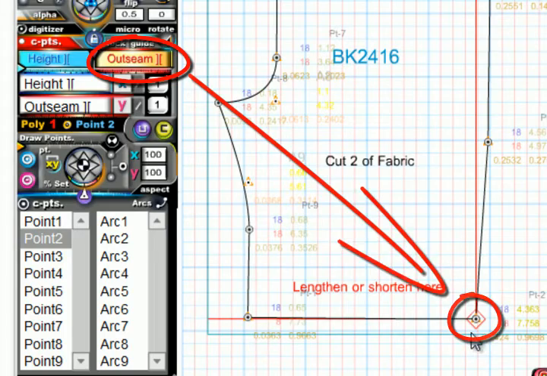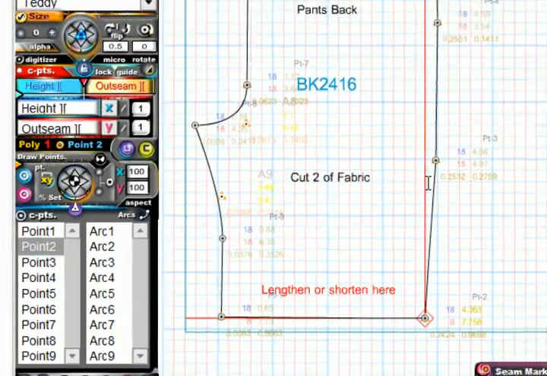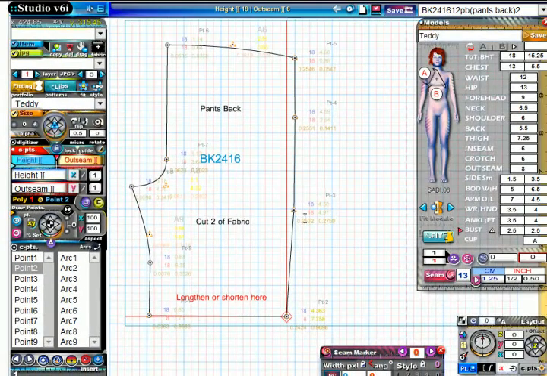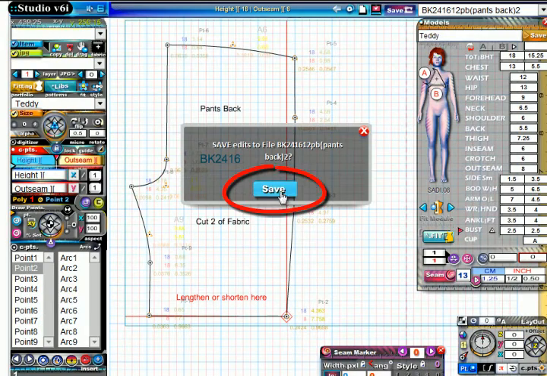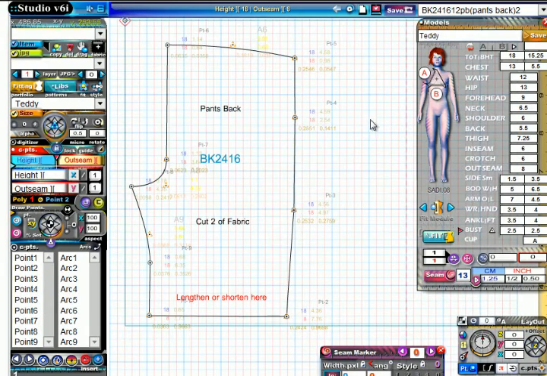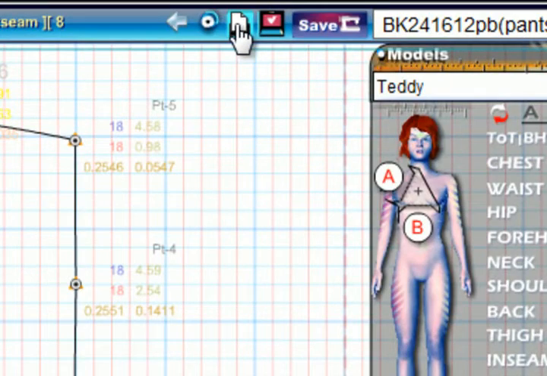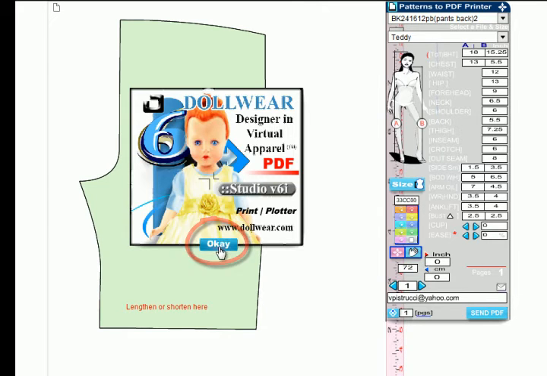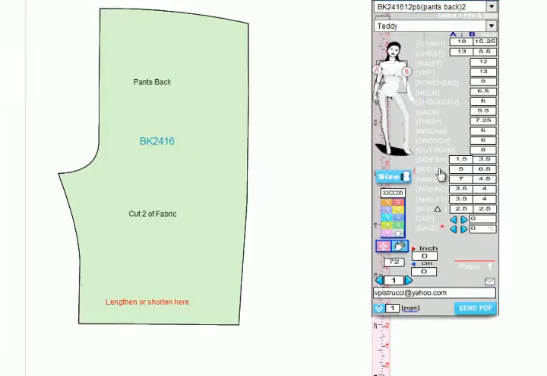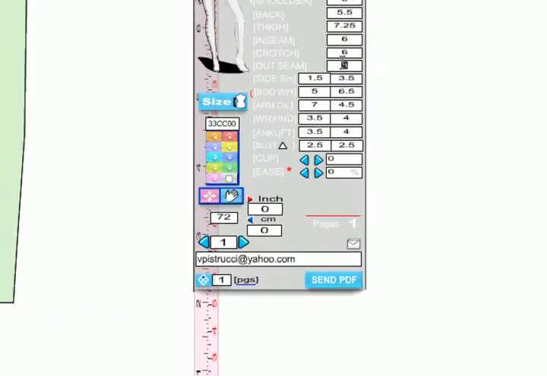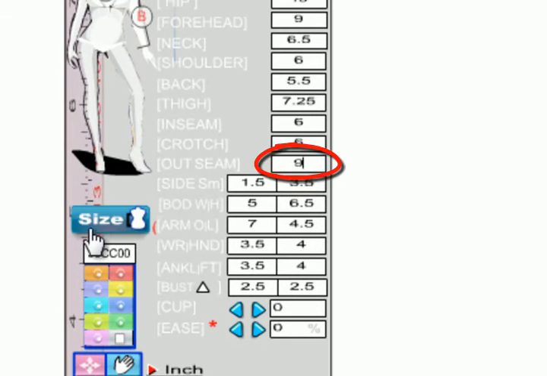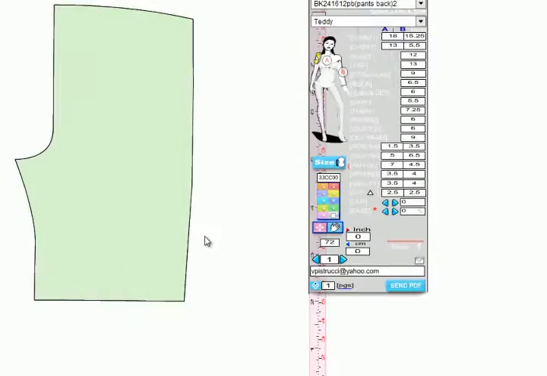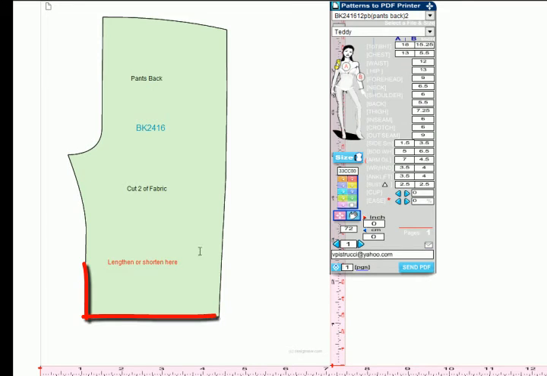Now, for this to work in the PDF plotter, we have to save the file, of course, and then we'll just click on the PDF plotter, and that will load up that pattern piece, and we'll color that green this time and select OK. Now we're going to set the outseam to 9 inches, and click size, and now we have regraded this pattern piece to have the